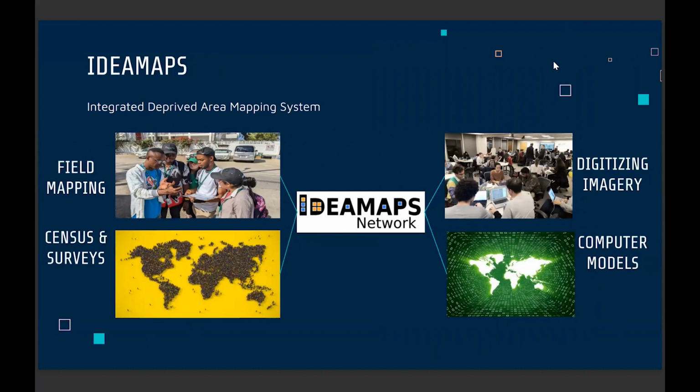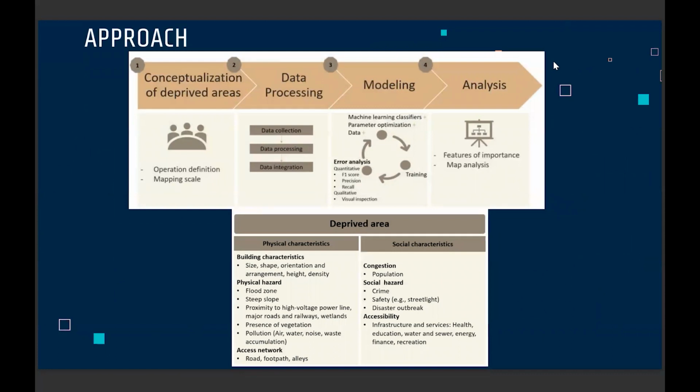One of them is field mapping, where it tries to pick up field data and combine that with digital building data, and also use machine learning to bring everything together to see what exactly can happen. To do that, we need to rethink how these things have been done in the past and come up with new ways. We have to think about what definition we can use to bring all these data from different sources together, and at what mapping scale is more suitable to capture these different types of deprived areas,